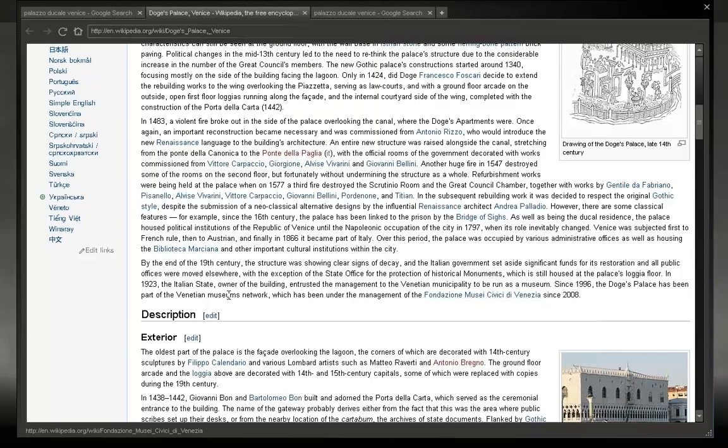In 1923, the Italian state, owner of the building, entrusted the management to the Venetian municipality to be run as a museum. Since 1996, the Doge's Palace has been part of the Venetian Museums Network, which has been under management of the Fondazione Musei